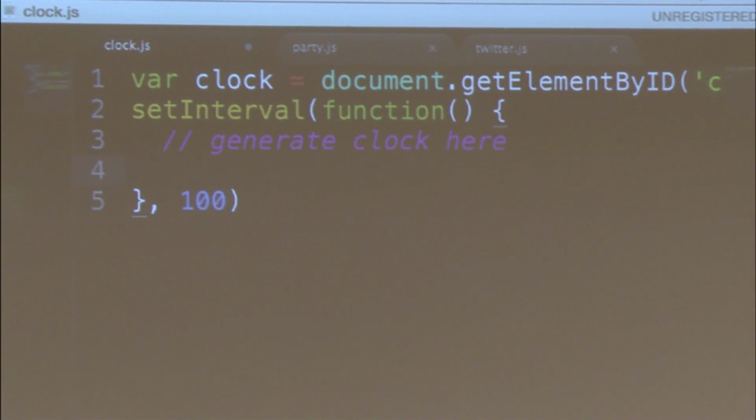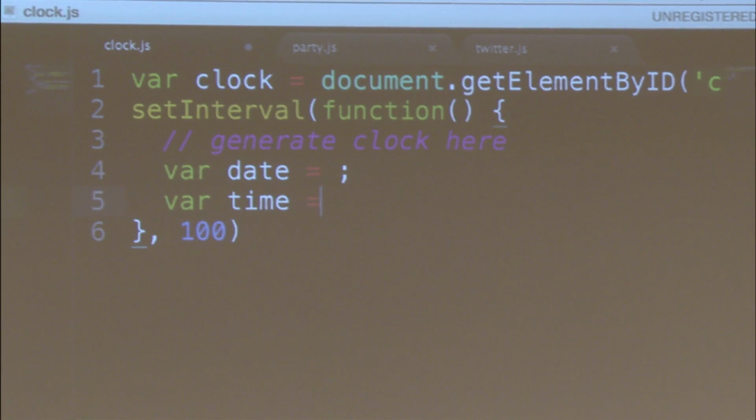So this is just saying, okay, call this function every 100 milliseconds. That's all it does. So what we want our function to do is we want it to have some date and some time. We can start with var date equals something, and var time equals something that we don't know yet. Or actually, we just need date because date is going to include everything. So date is going to be,